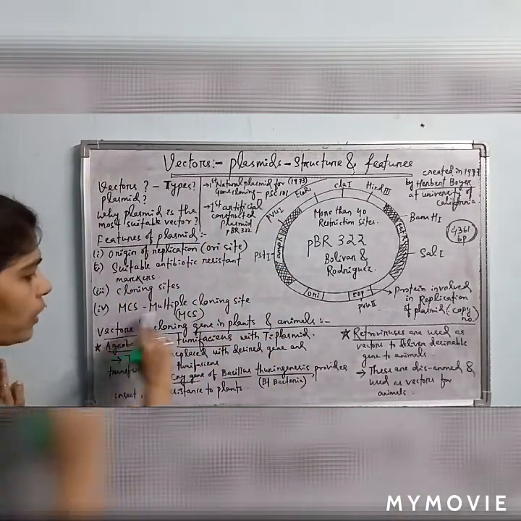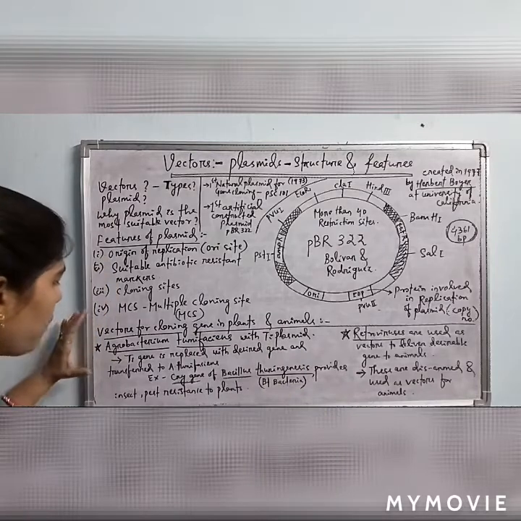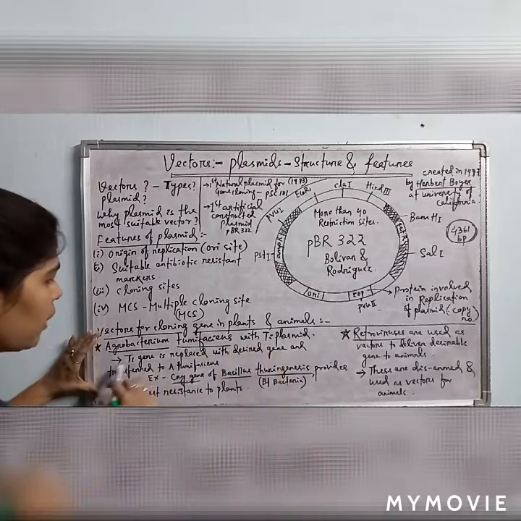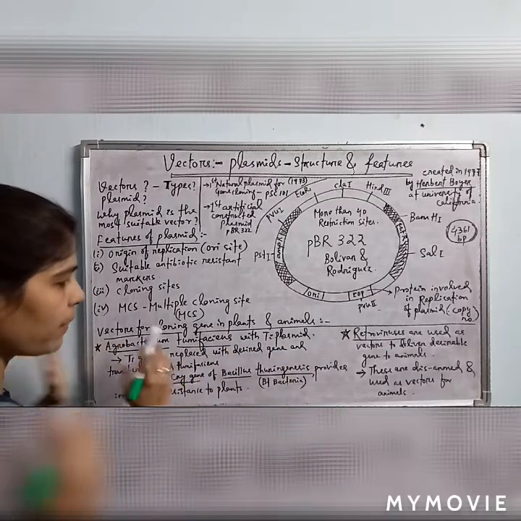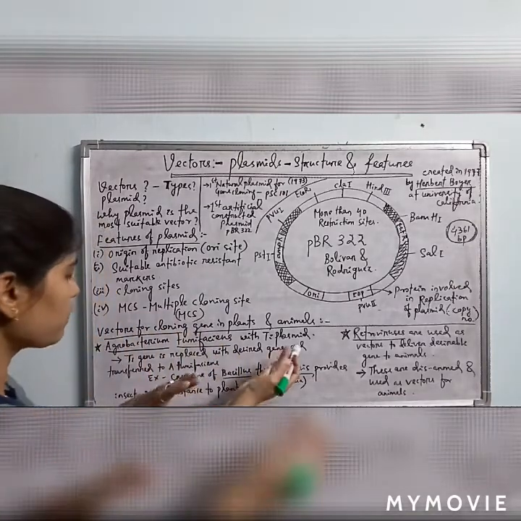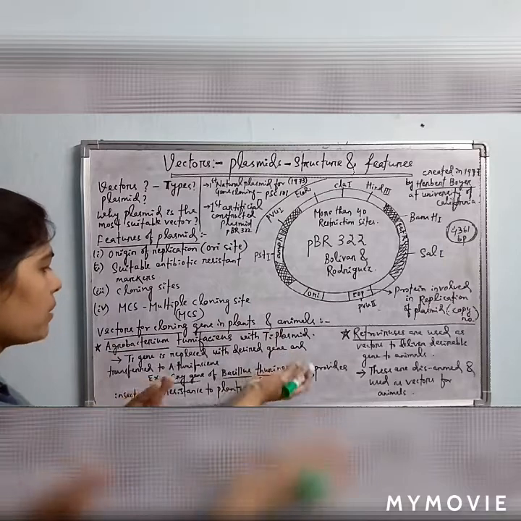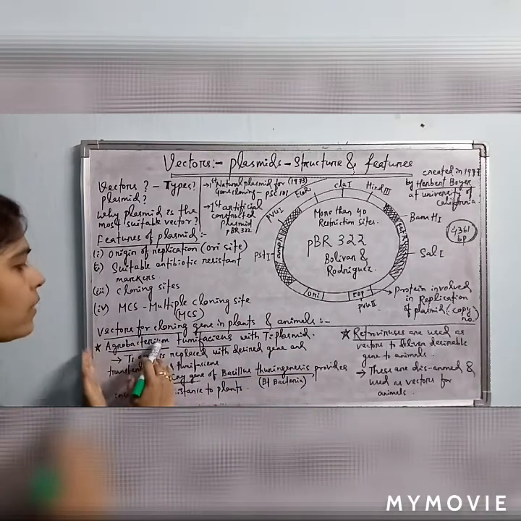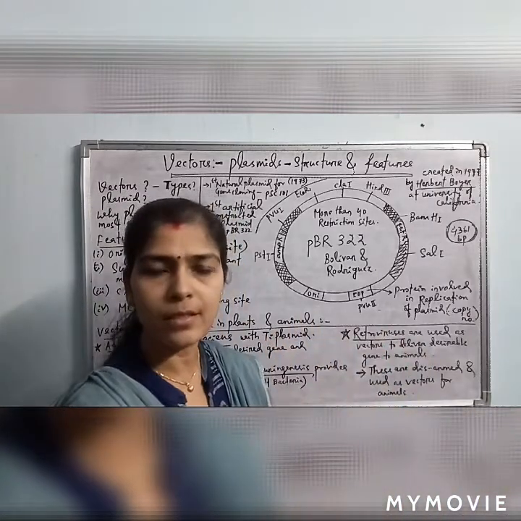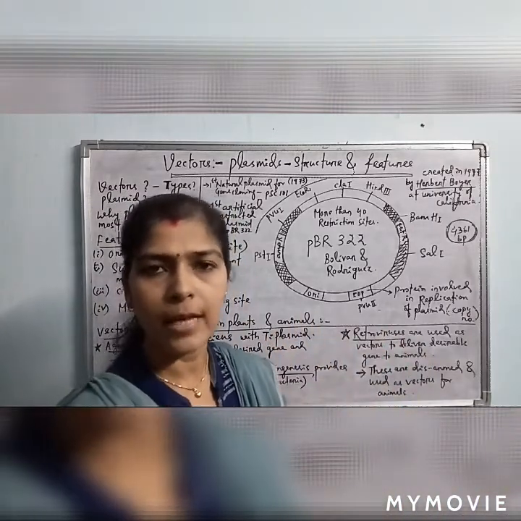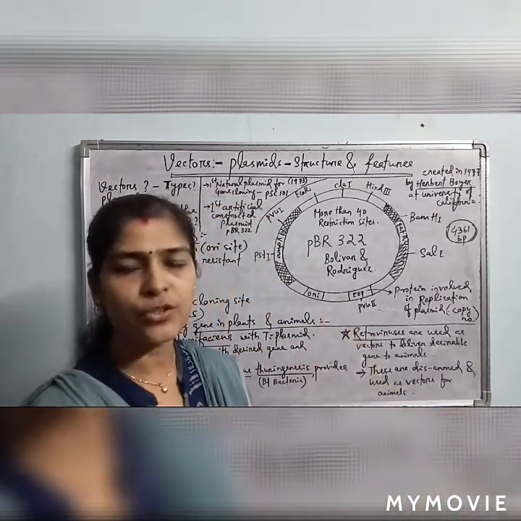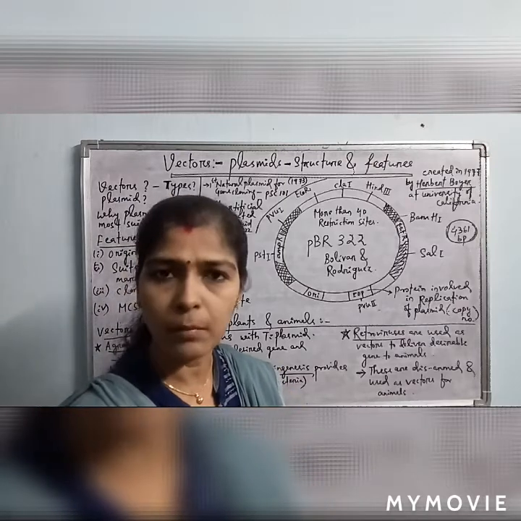So these are the methods or vectors for cloning genes in plants and animals. For plants, mostly Agrobacterium tumefaciens with the TI plasmid is used. The T-DNA or tumor inducing gene is replaced with a disease resistant, pest resistant or other desired gene, and this recombinant TI plasmid is transformed into Agrobacterium tumefaciens and inserted into plant cells. Similarly, in animals, retroviruses are disarmed and ligated with the desired therapeutic genes, and they can transfer the desired gene into the animal cell by the transduction method.